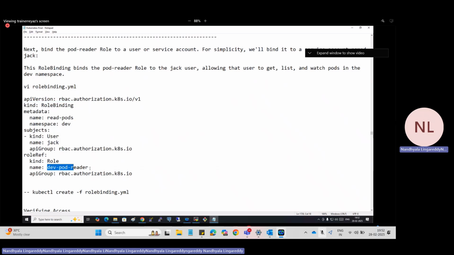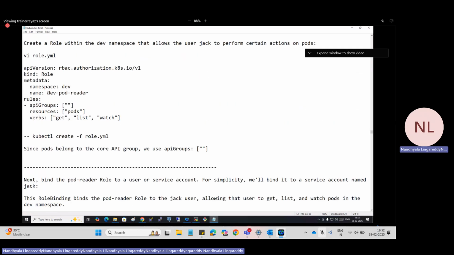So I'm creating a role binding here, attaching this role to this user. Role binding has 2 things. One is user information. Another one is role information. You got it? This is just the name of the role binding, and it has 2 things. This is user information and this is role information. Similarly, in subjects, kind is user, name is Jack, and then the role reference, kind is Role, and the role is dev pod reader that I have created before. You got these 3 files?